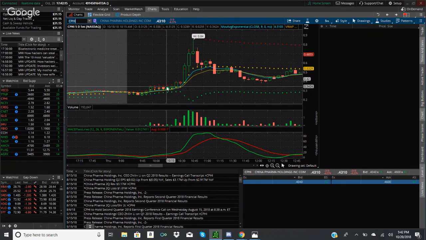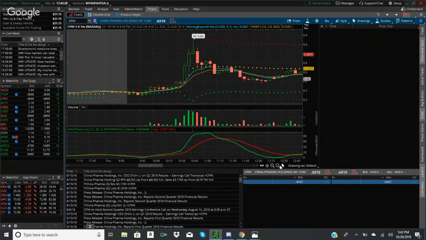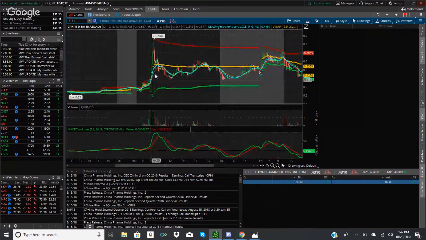I could easily just jump right over to TDA or one of the other brokers and do that. But yeah, I'm stubborn and stuck in my ways. So anyways, CPHI, we've had, if you guys are looking at it, what was I talking about? Patterns and trends. Now, you are not going to see a move like this every day, unless it's shipper season, which we'll talk about in a minute. This doesn't happen all the time, but this 30 level on a lot of these tickers,